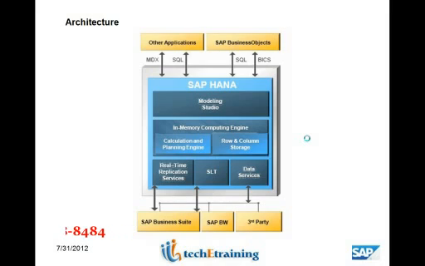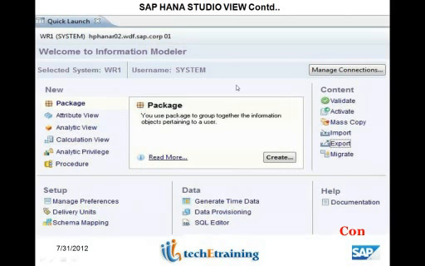Okay, so I move on to the screenshot of the SAP HANA Studio. We all will receive our individual system access, and using the system access we will be able to log in, and then we can see this is the landing page, where you have the information modeler. Using this particular screen we will be able to create a package and create the attribute views, the analytic views,